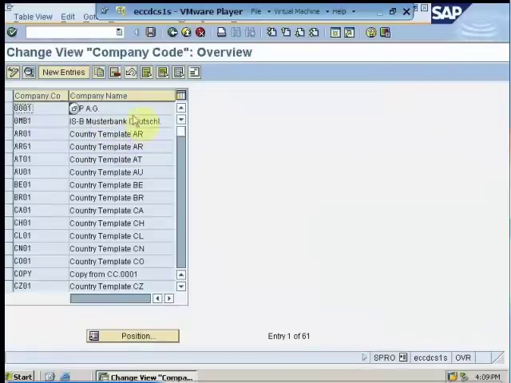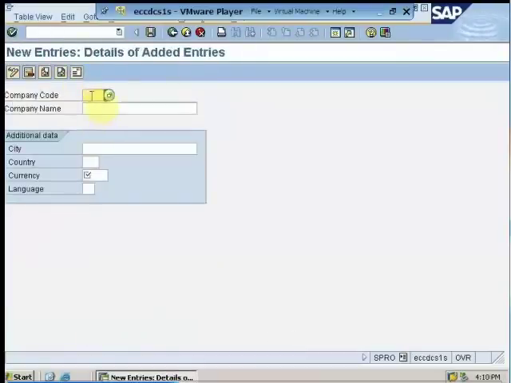As soon as we enter this screen, all the company codes created within this client are listed over here. In order to create a new company code, I have to click on new entries, and the system will ask me for a 4-digit company code identification. For example, we enter FI02 as a company code identification, and then the company name, let's just name it FI Workshop 2, the city of the company, country,